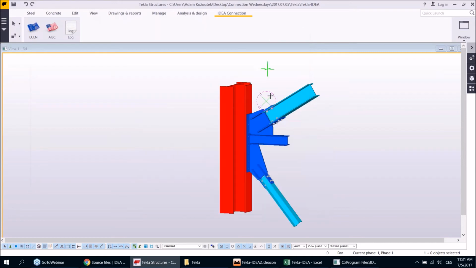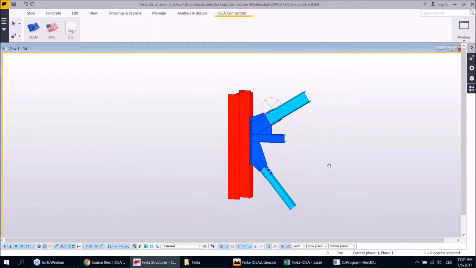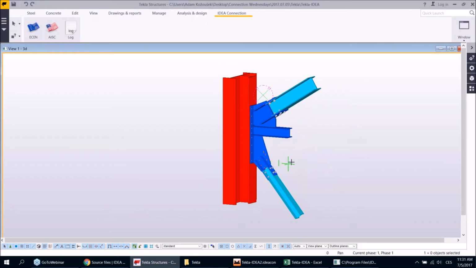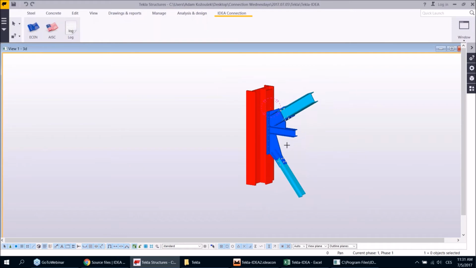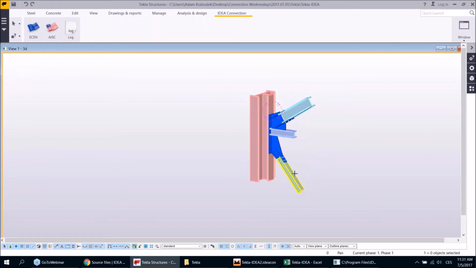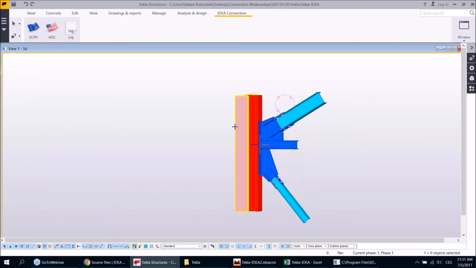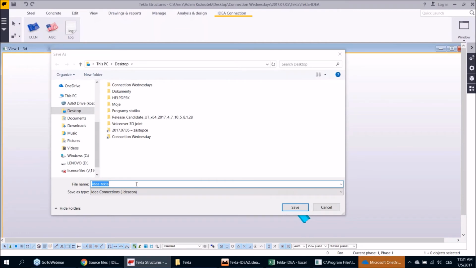The window with the feature opens, and now we just have to select a node on the connection, like this one. And next step, we select the beams of the connection, like this. Press spacebar, and then we select the items of the connection, such as plates, bolts, welds, and so on, and press spacebar. Now we wait just about 1, 2, 3 seconds, depending on the computer, and a window opens and